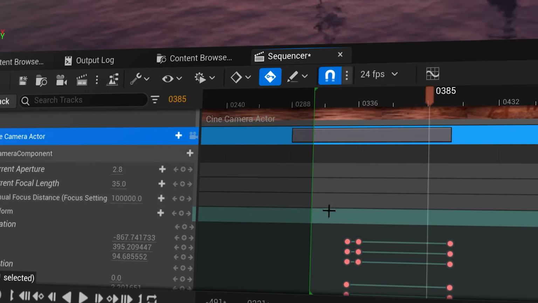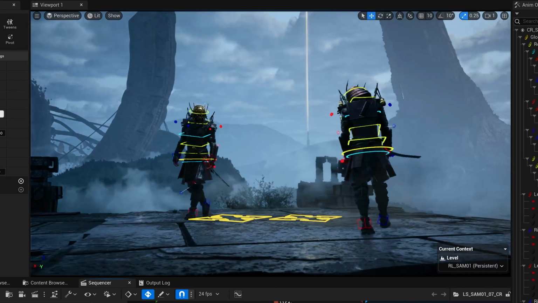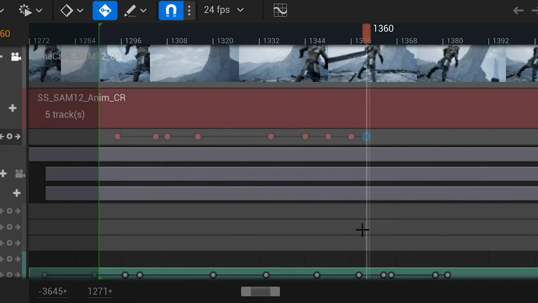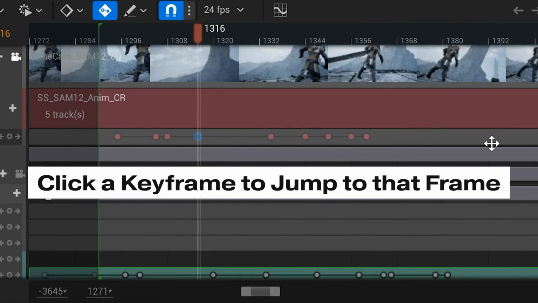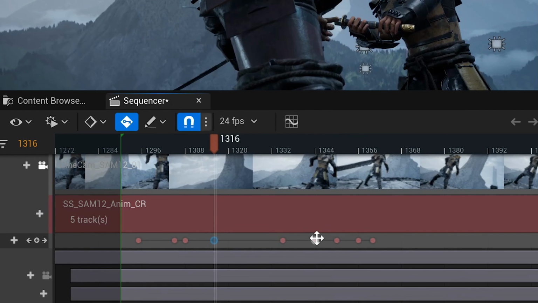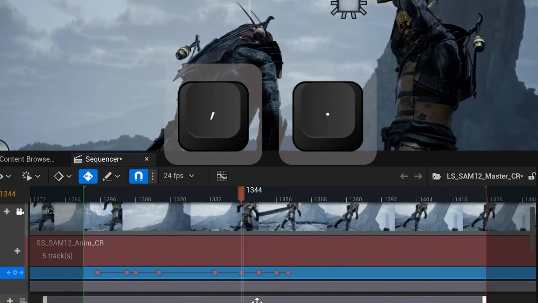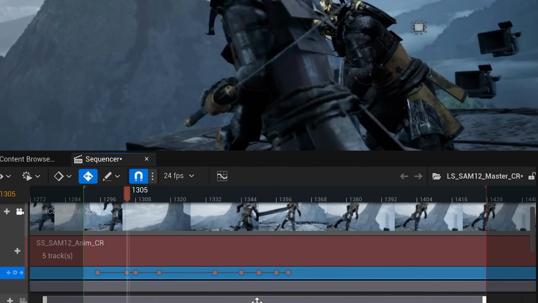Now, the entire reason we're using Sequencer is to add animations and keyframes into our timeline here. So if you want to jump to any keyframe, just click on that keyframe and your time indicator will jump right to it. And if you just want to jump forward or backwards across our keyframes, it's really simple as well. Just select a track and then use the comma and period keys to jump forward and backwards between any